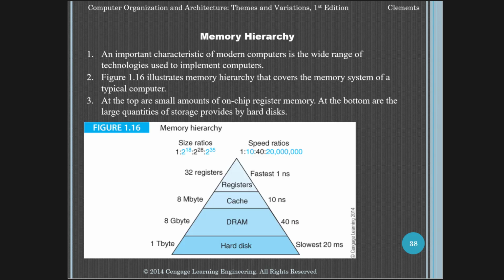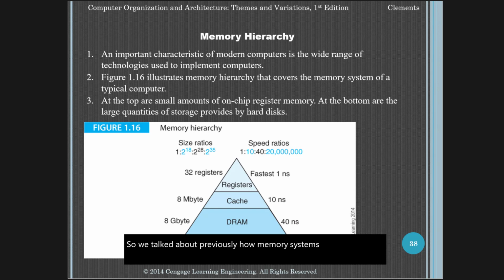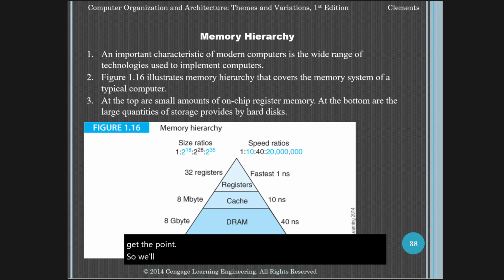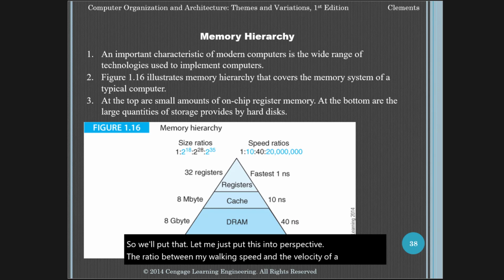So we talked about previously how memory systems are fabricated with the widest range of technologies found anywhere. And the fastest memory retrieves data at 10 to the negative 9 seconds. The slowest memory can take over 100 seconds, which is like 10 to the 11th power. I'm saying that wrong, but you get the point. So let me just put this into perspective. The ratio between my walking speed and the velocity of a missile is about, so let's say 1 over 10